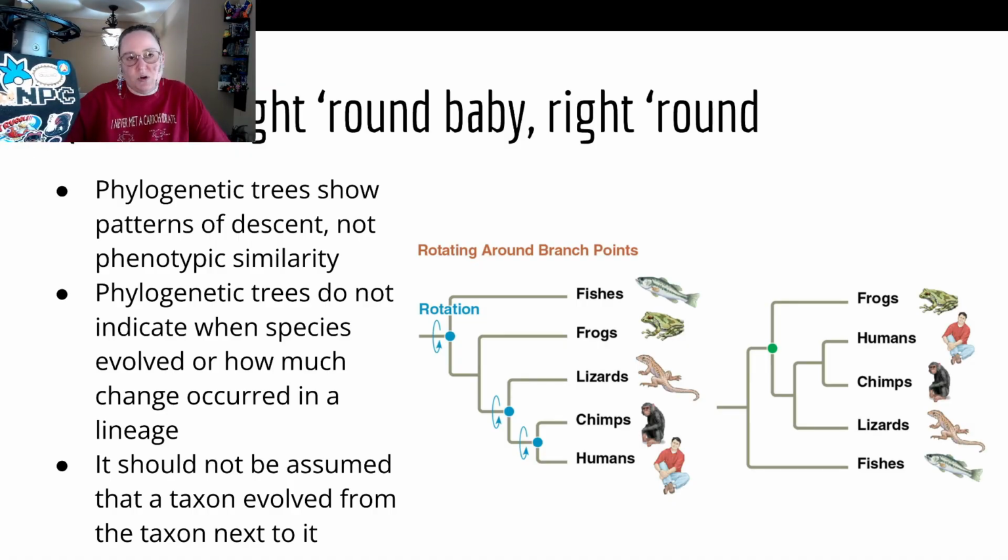So, long story short, a long time ago we used to sit there and look at things and say, oh, this dolphin and this shark are shaped similarly, so therefore they're related. And no. So, again, phylogenetic trees do not indicate which species evolved or how much change occurred in a lineage. These are to give us at least an idea in our head of how everything is related. It is not necessarily telling us where, when, and how. It's just giving us a start point so we can conceptualize it. So keep that in mind.